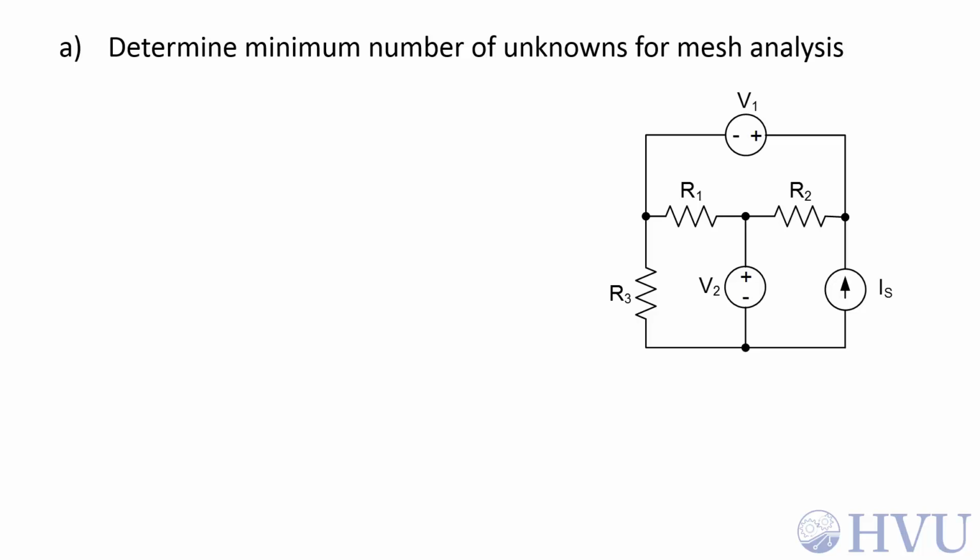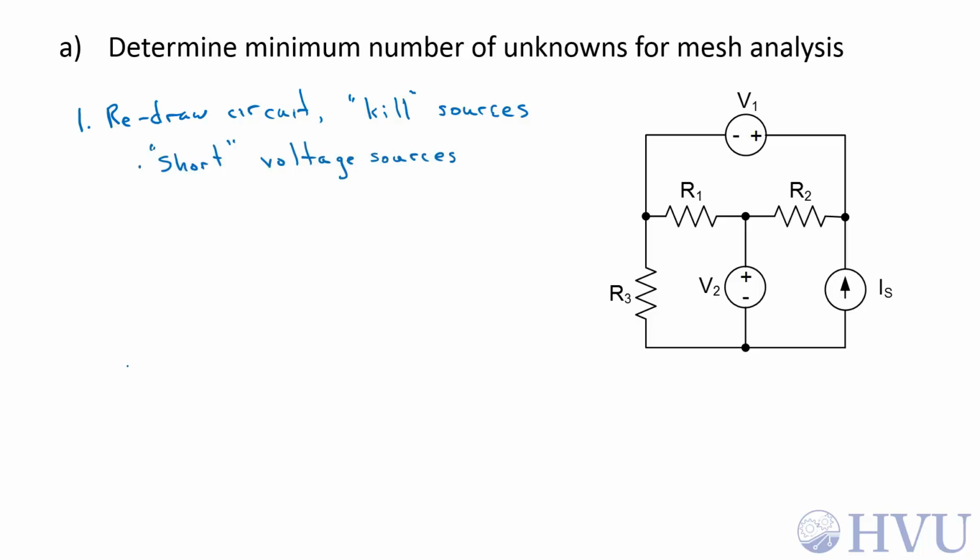The first thing I need to do in this example is to determine the minimum number of unknowns that's necessary to analyze this circuit for mesh analysis. I can do that by redrawing the circuit and killing the sources. When I kill the sources, I replace the voltage sources with short circuits, and I replace the current sources with